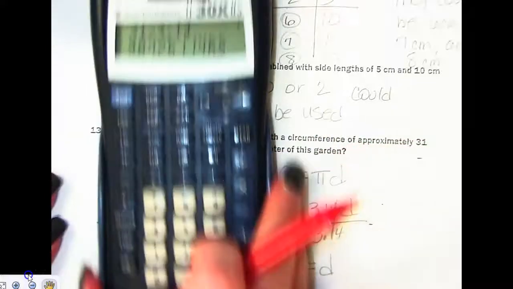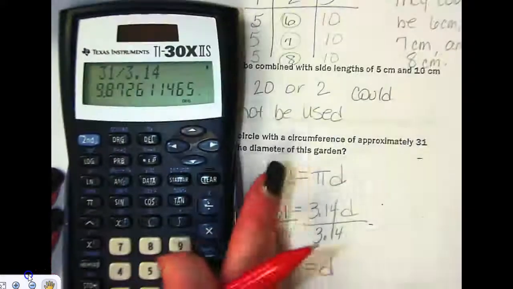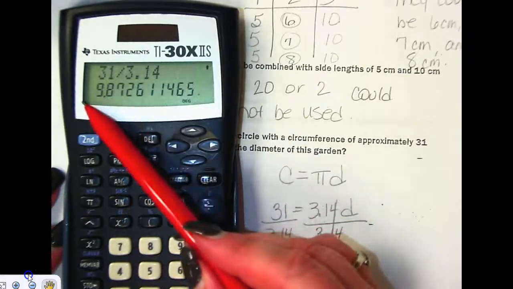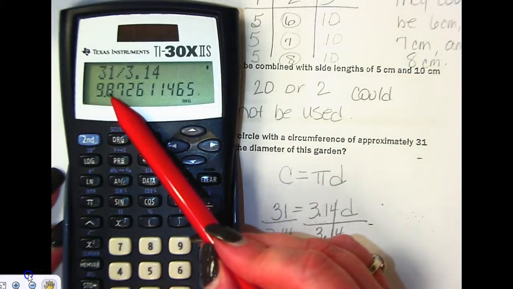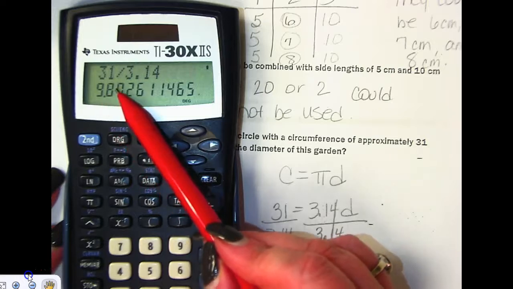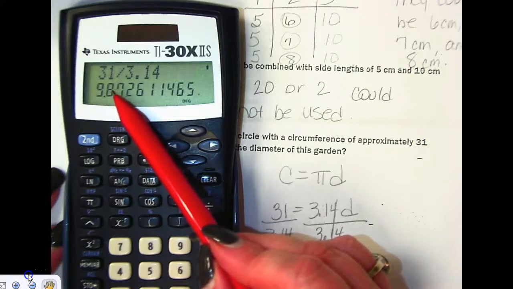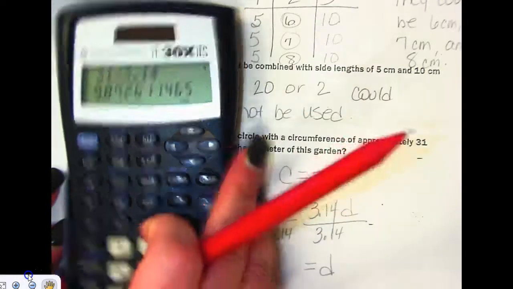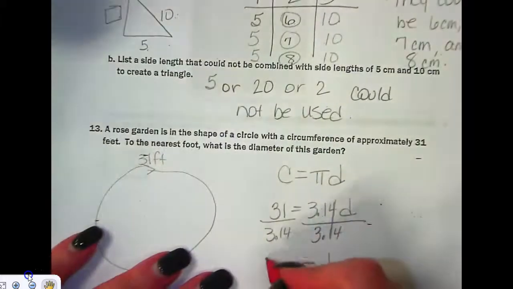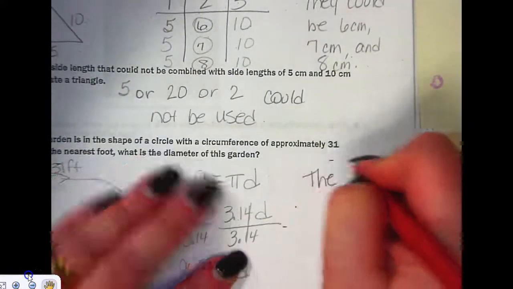Now it says to the nearest foot. What is the nearest foot? So it would be 10. This is closer to 10. This 8 would tell that to go up. So 9 point, I'm going to estimate there, and so I would say the diameter